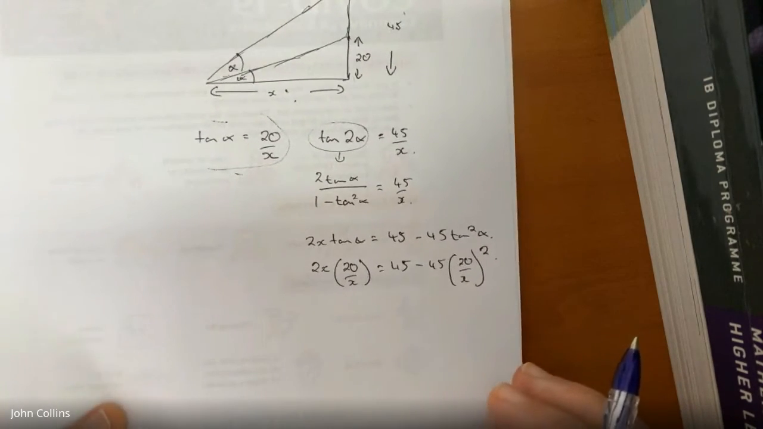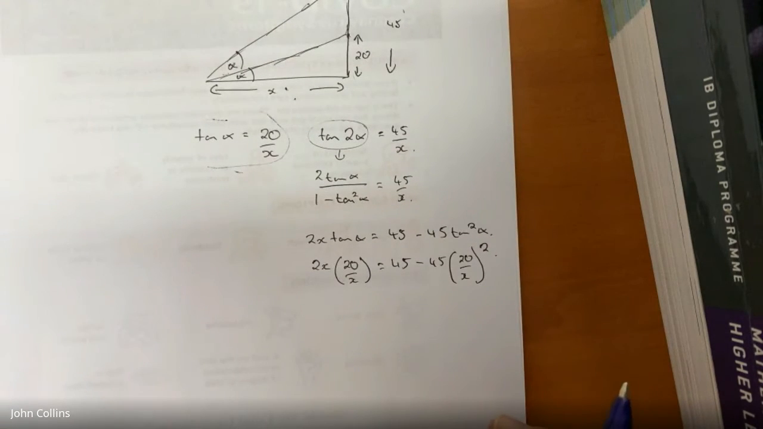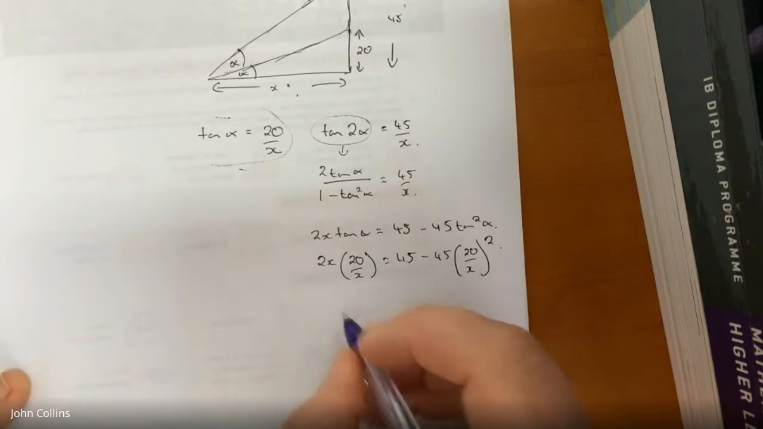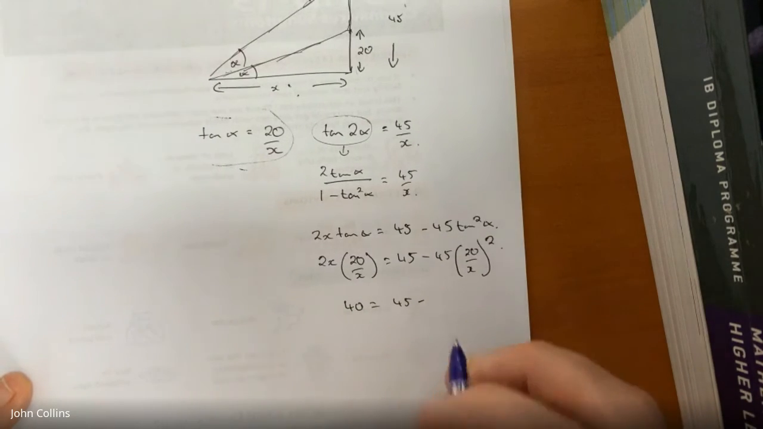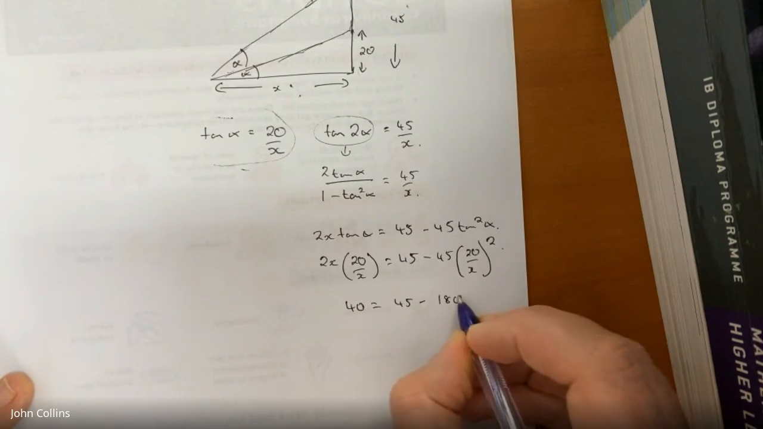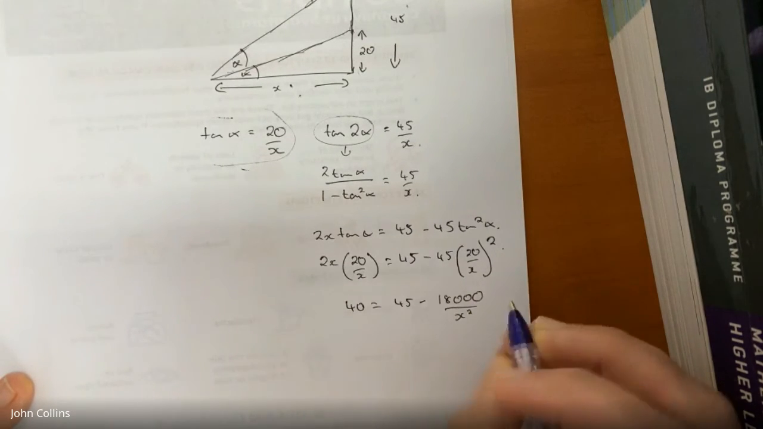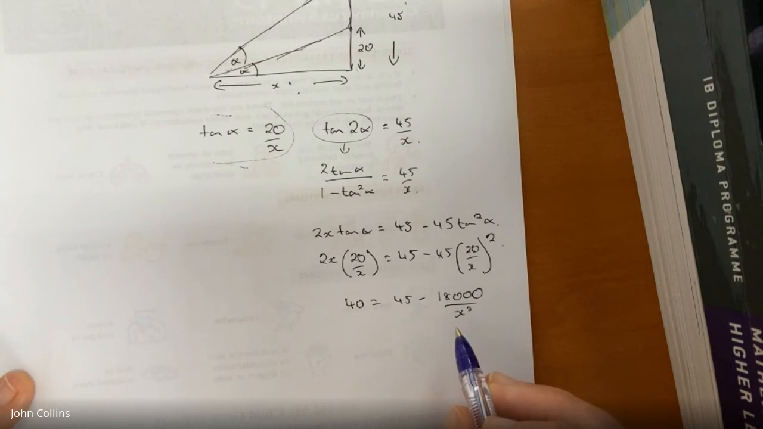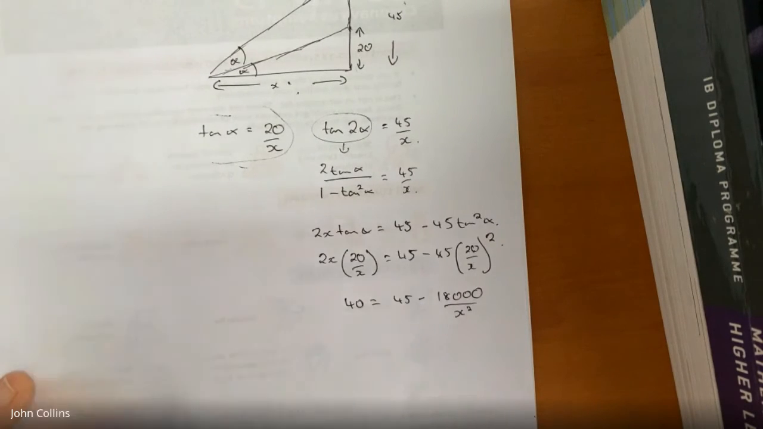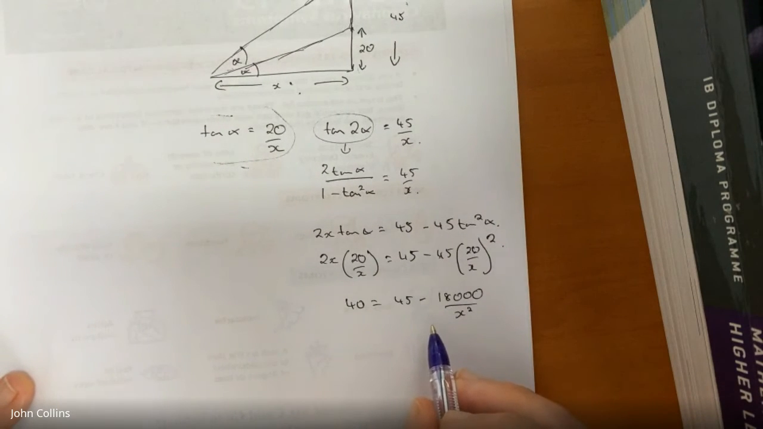This then is rearranged and solved. I think you get 40 is equal to 45 minus, I have it here, 18,000, I think, all over x squared. So that's just 20 squared times 45. So would this be a non-calc question? Yeah, probably. It would be. You could do this without a calculator. I just put it as multiples, so then later on it kind of